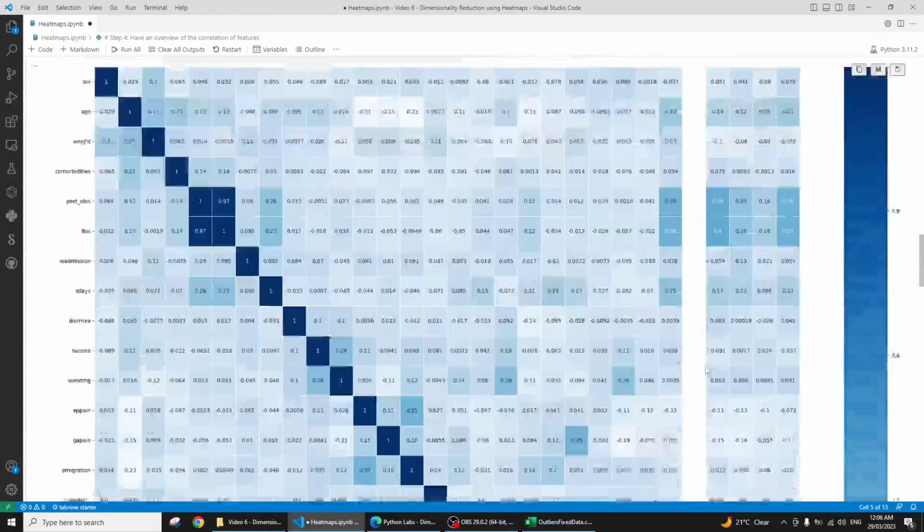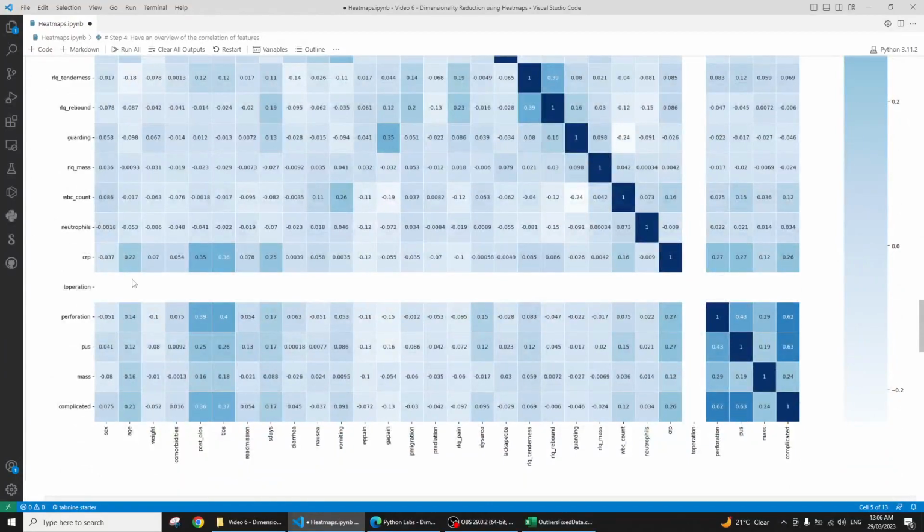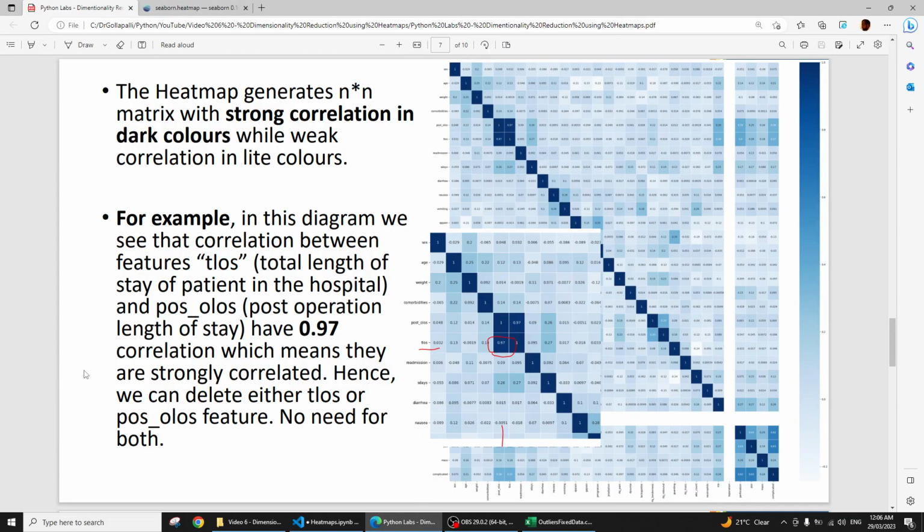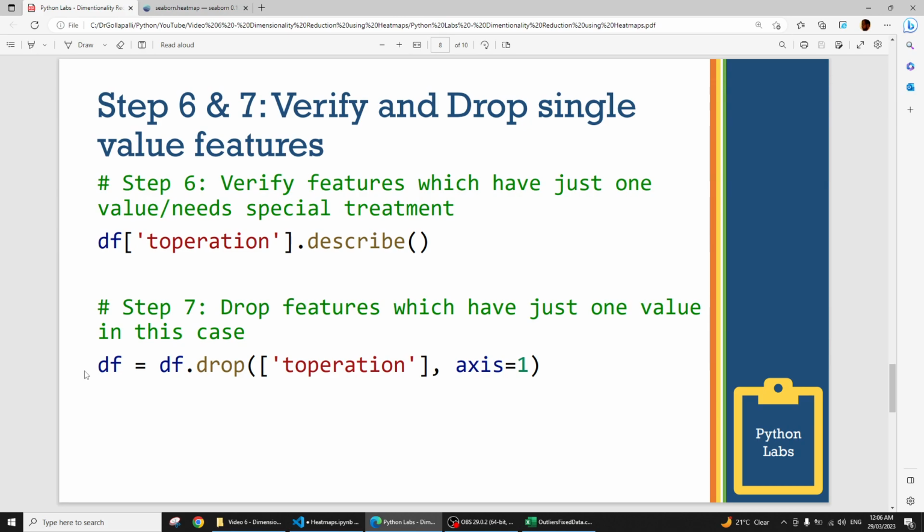And the same thing here in the heat map as well. You see there, this is basically total operation by total operation. It is not showing any correlation because it's a single value. So in that kind of scenario, first things first, we don't need columns which are just having single values. So we can simply drop them from the data frame, df.drop, and that particular T operation,